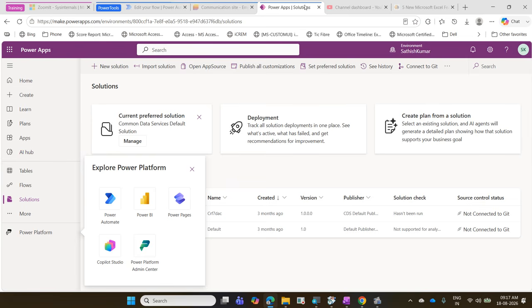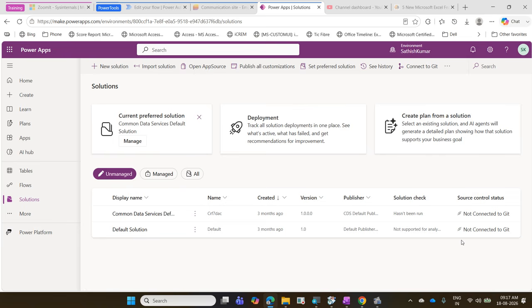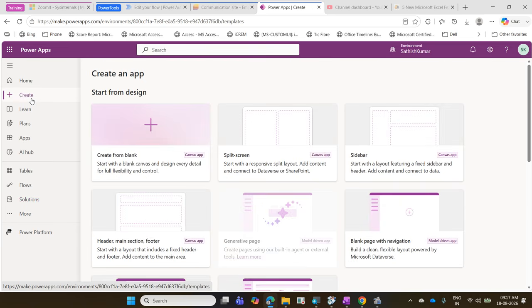First, let me start with the basic one. So we are going to create an app now. You can click on Create. Under Create, there are two ways of creating an app. We have two options of creating an app. One is you can create an app by a canvas. Another one, you can create an app through a model-driven